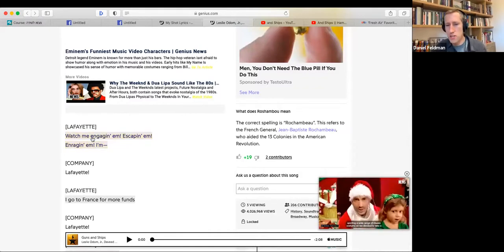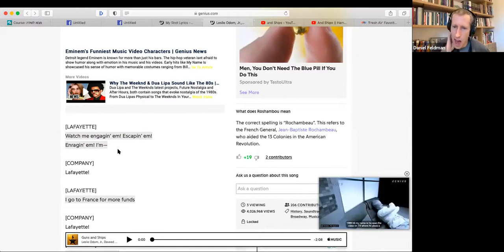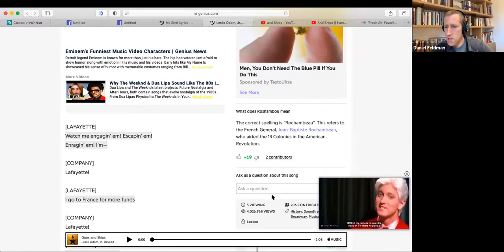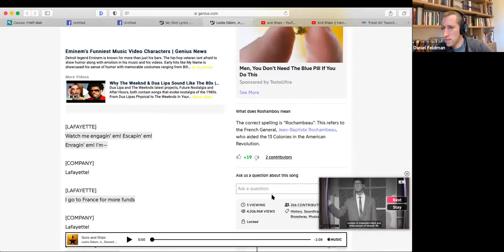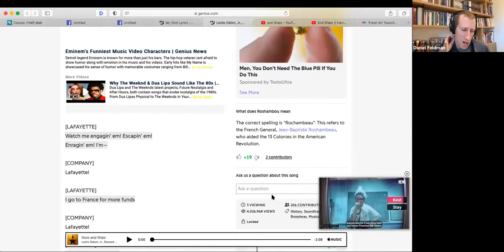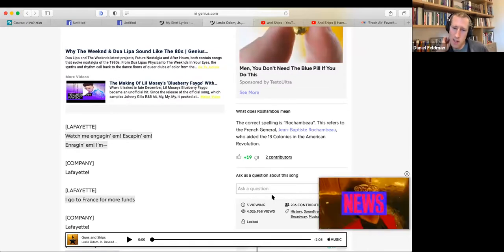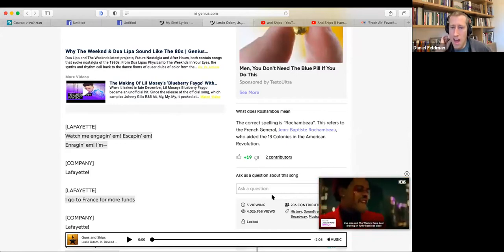That is a clear example right here of assonance. The repetition of the E sound here is classic assonance. Assonance, not an ass. Assonance is repetition of the vowel sound, the E. Lafayette, and it also bleeds, by the way, into the chorus here, Lafayette. Then he goes on,